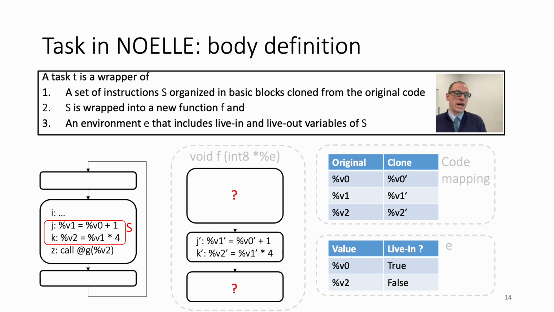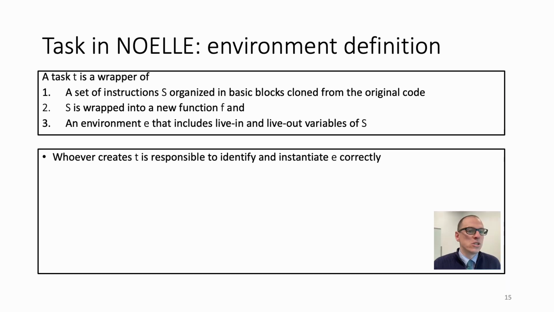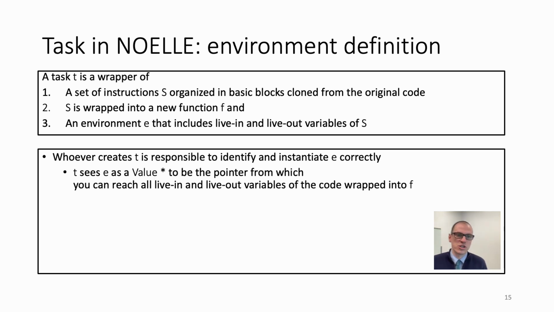Of course, therefore, now what is left is the code that we have to add just at the beginning of the task and at the end of the task to propagate live in and live out variables. After we do that, then the task abstraction is completed, and therefore the only thing left is how to invoke this task. So whoever defined the task is in charge to identify and instantiate the loop, the task environment as